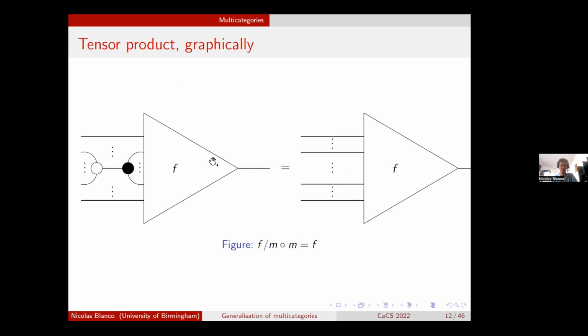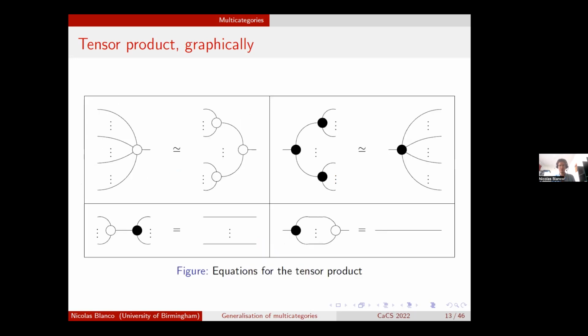So to enforce that this is true, we need to add an equation that says that basically using the white thing and then the black one just after is the same as doing nothing. So this means that if I'm introducing a tensor product and then eliminating just after, it's the same as doing nothing. And so we have an equational theory for this tensor product. So the one that I just said, introduction followed by elimination, is the same as doing nothing. We also have elimination followed by introduction, the same as doing nothing. And so this is saying that M divided by M is the identity, which is true by